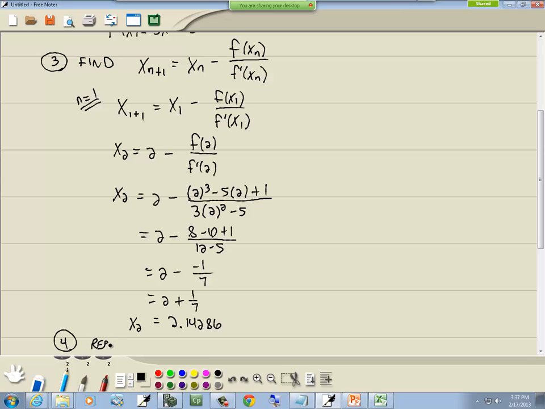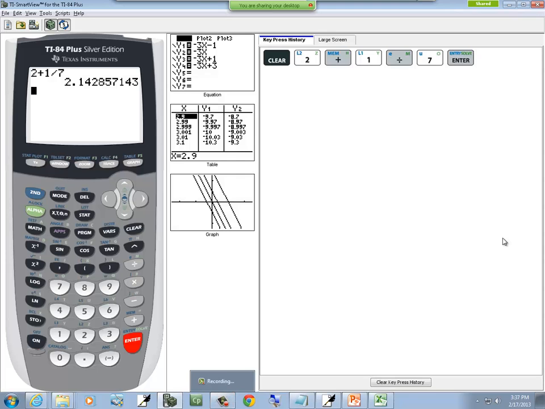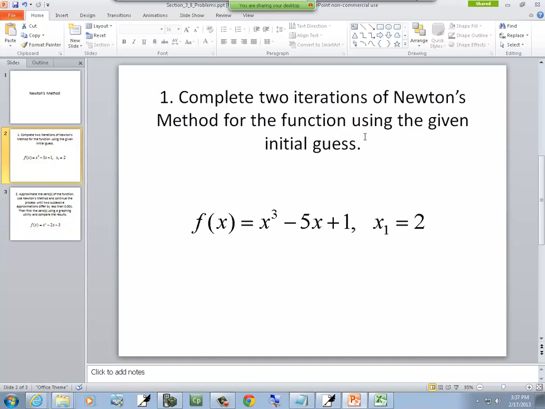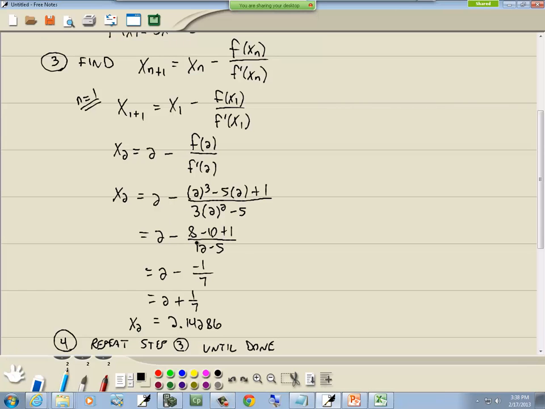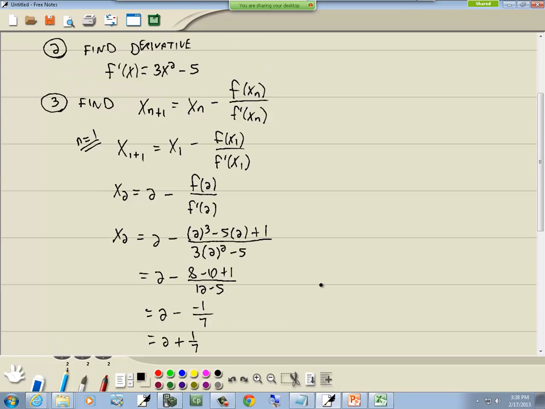Now, step 4 is going to be repeat step 3 until done. What does that mean, until done? Well, this particular problem here, it said complete 2 iterations. We just did 1 iteration. So I'm going to come back up here, and I'll do my second iteration. n is equal to 2. Well, if I plug 2 in everywhere I have an n,